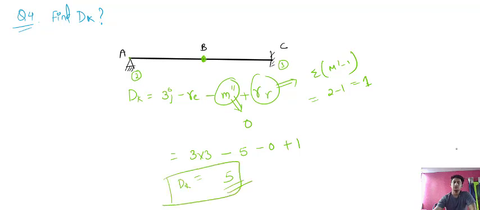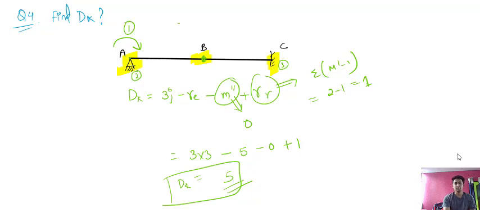So this is the numerical in which you need to find the kinematic indeterminacy. If you want to calculate the degree of kinematic indeterminacy, what was the meaning of kinematic indeterminacy? The number of unrestrained displacements at the joints. So these are the joints 1, 2 and 3. Unrestrained displacements: in that reaction the number of external equations are 2, so the remaining displacement is rotation. So this is 1. Here at the internal joint moment is 0.